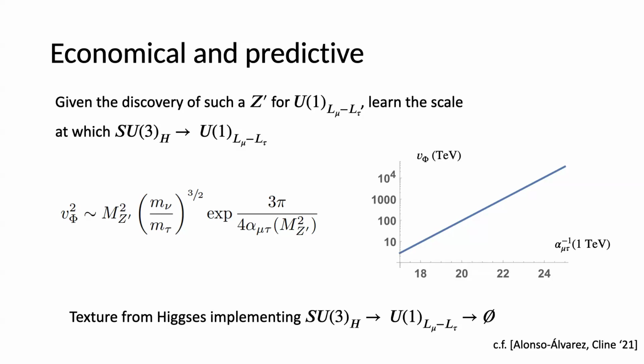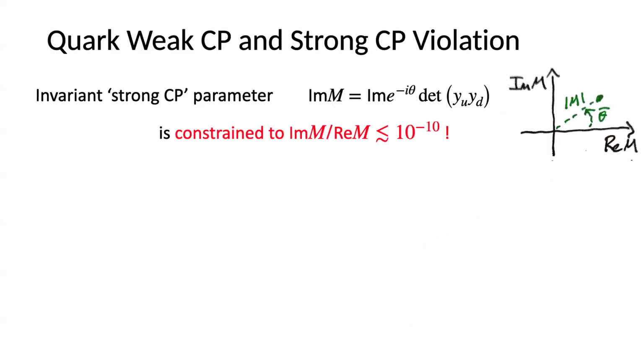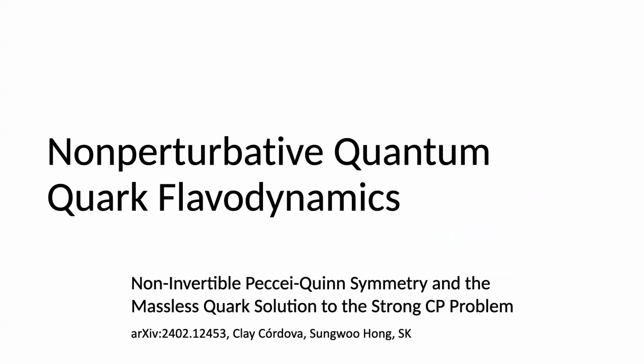Cool. So let me go to the quark sector. After we wrote down this lepton model, I was convinced that there had to be something interesting to discover in the quark sector. Because, especially once you add right-handed neutrinos, there's a structural parallelism in the standard model between the lepton and the quark sector. The quarks are essentially the leptons with color. And so I was convinced there had to be something else to discover.